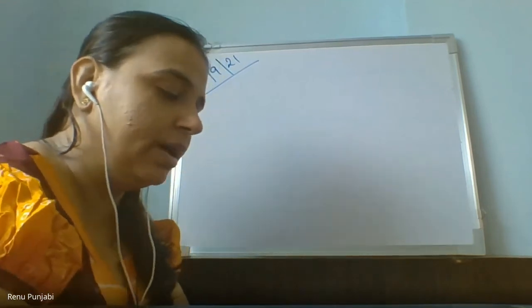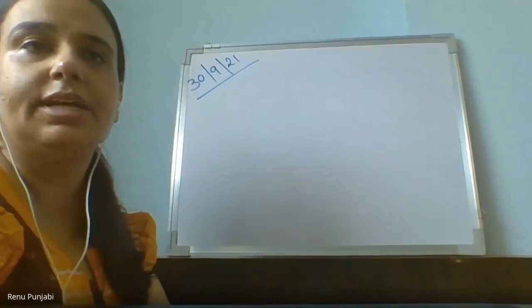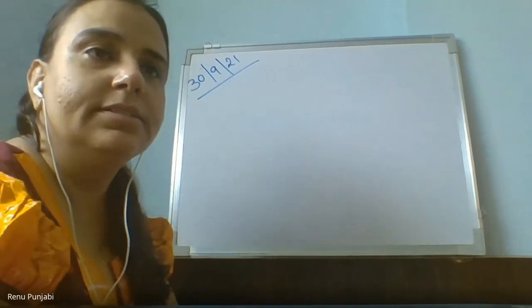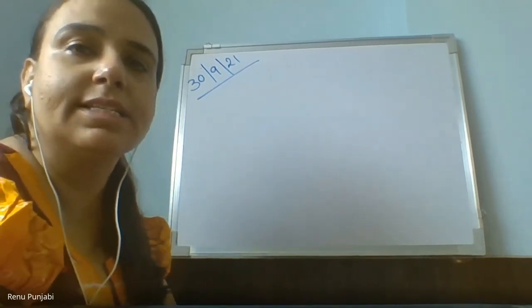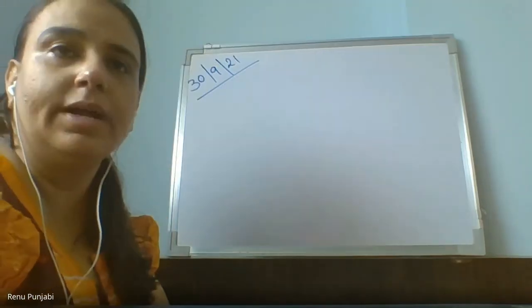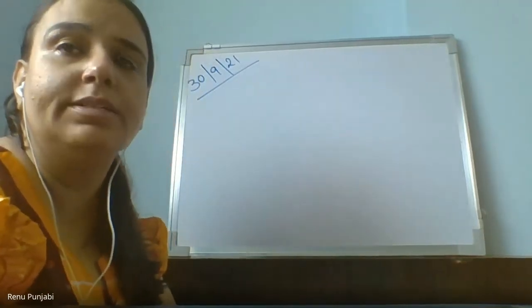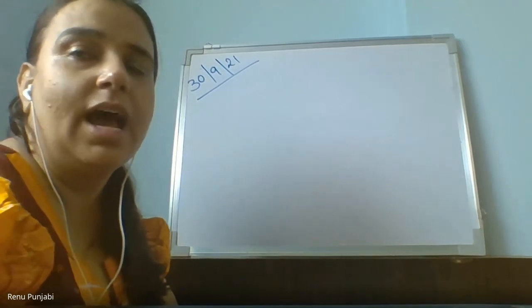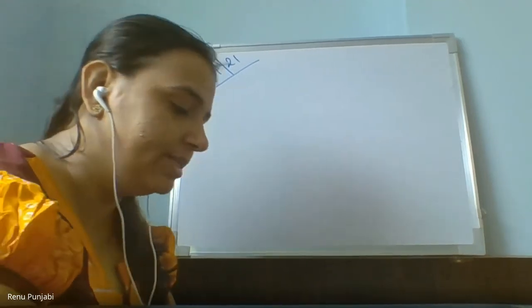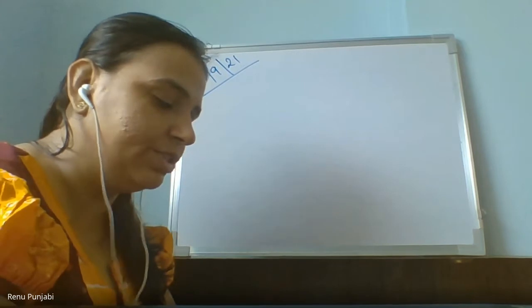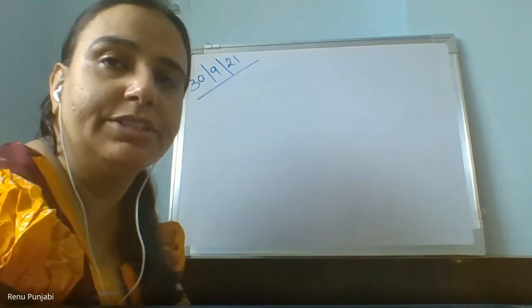Now, as you know, we have already started a chapter. Which chapter did we start in the last classes? Halves and quarters, and it is the ninth chapter. Chapter number 9, halves and quarters, not quarters and halves. So we have started about halves and quarters, which is related to fractions, right?